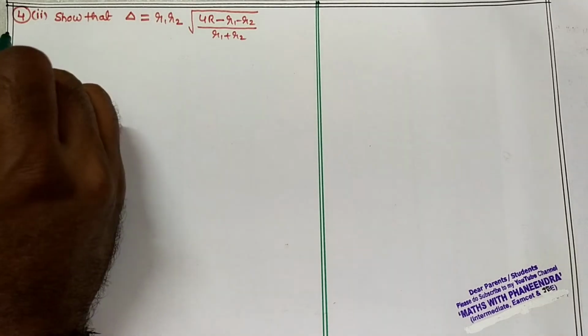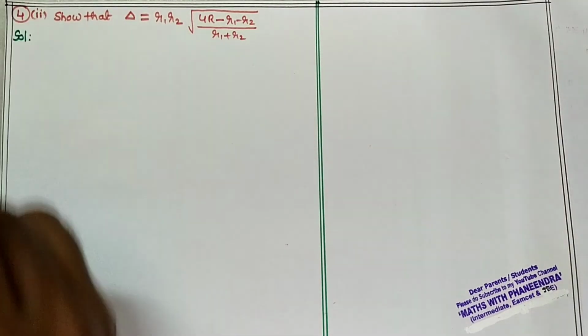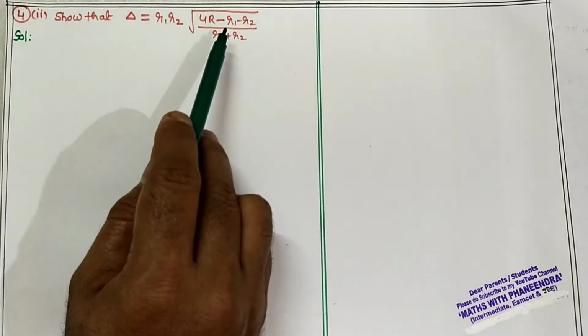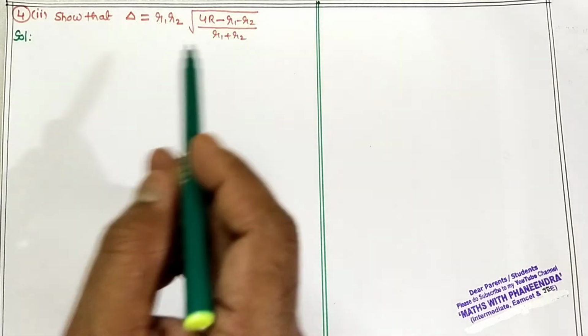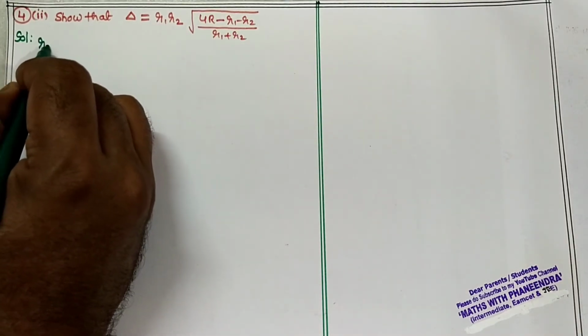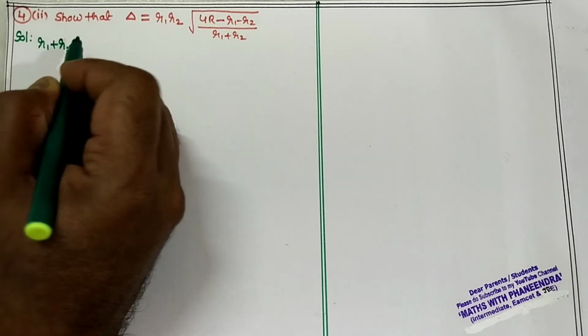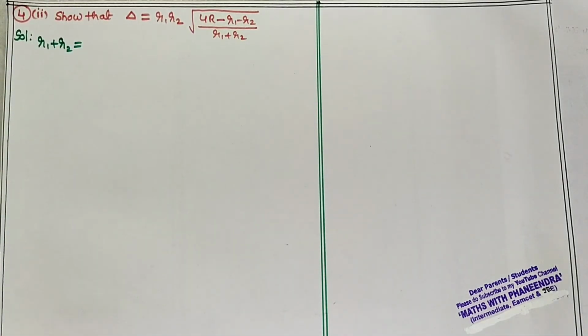In this solution step, R1, R2, here also minus, if you take common R1 plus R2 will come, no, here also R1 plus R2 is there. So R1 plus R2 value you have to calculate by considering this value. So first consider R1 plus R2. In the earlier classes, we learned the formulas of small r1 and small r2 in terms of delta and s minus a, delta and s minus b. Here, two sets of formulas we are going to apply for r1 and r2.